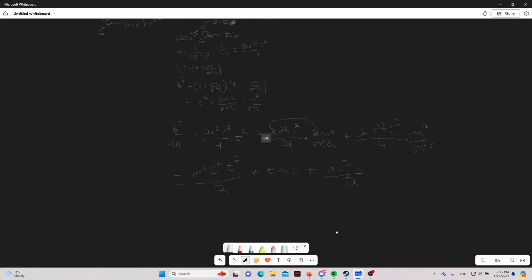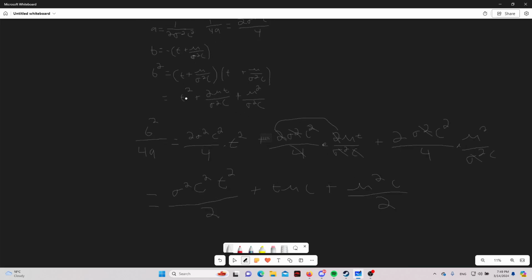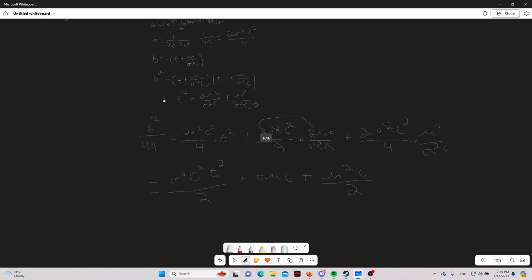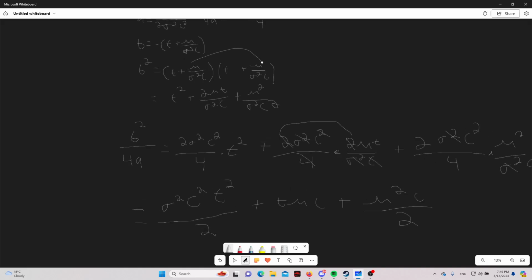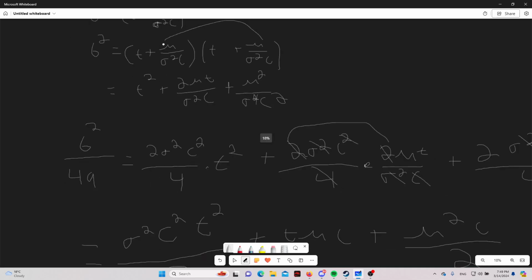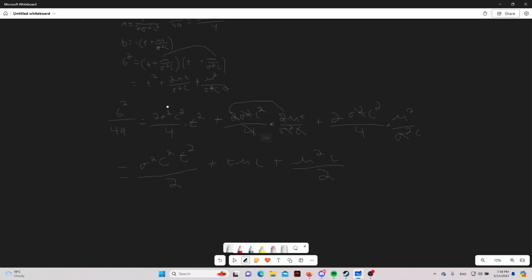Wait, I feel like there's one thing that I messed up here. Okay, yeah, this is supposed to be c squared, because I didn't multiply this portion. Oh, actually, this is supposed to be to the 4th, sorry. I did not distribute this correctly. So that's sigma to the 4th c squared. I just didn't multiply that properly. So let's see, sigma to the 4th c squared. So, okay, with that in mind, this last problem,